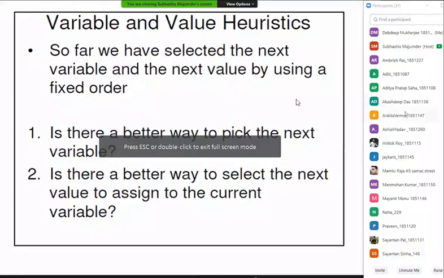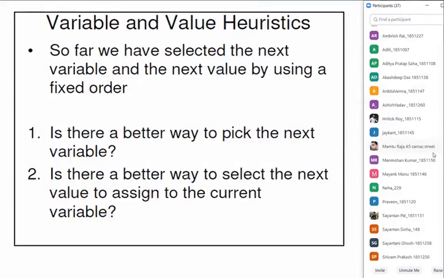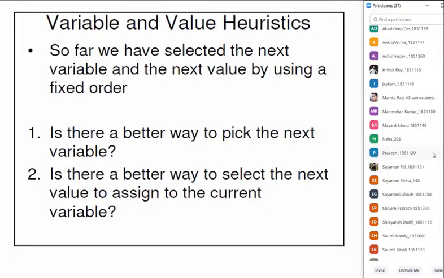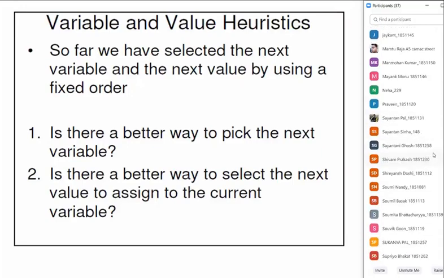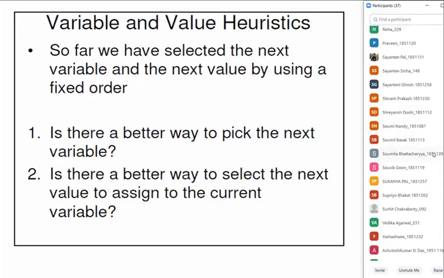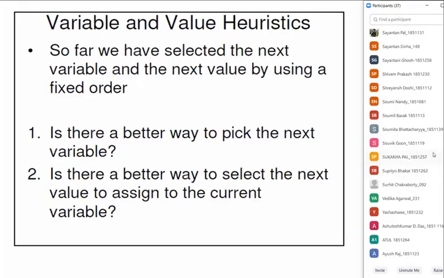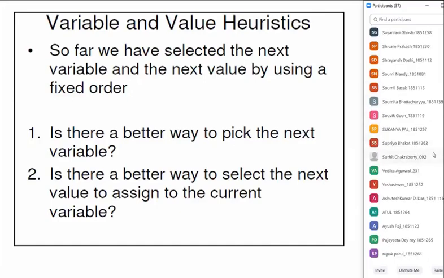So if you see, what is it saying? Variable and value heuristics. So far, we have selected the next variable and the next value by using a fixed order, so that it is easy to visualize the algorithm, how it performs, and all these things. But the point is, for this problem, we can actually get a little more benefit if we are more